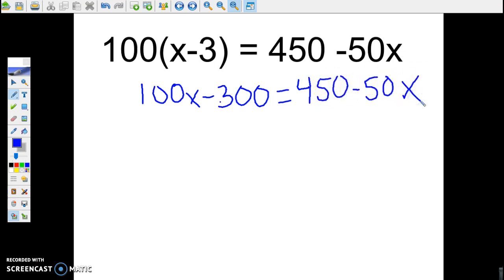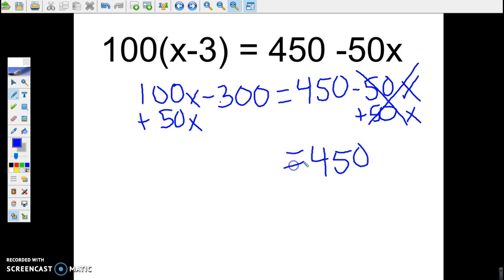And now my goal is to get all of the x's on one side. So we can start by doing the inverse of minus 50x, which is plus 50x. And we want to do that to both sides underneath its like term. This cancels out. We drop down the 450. We didn't do anything with the minus 300, so we're dropping that down. And then 100x plus 50x is